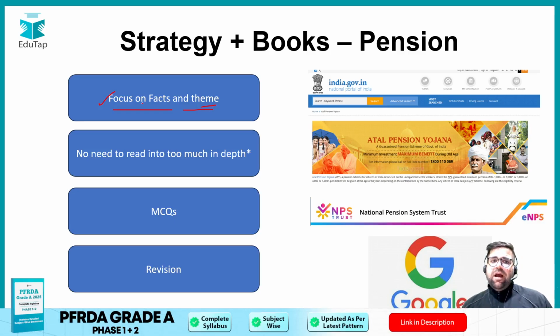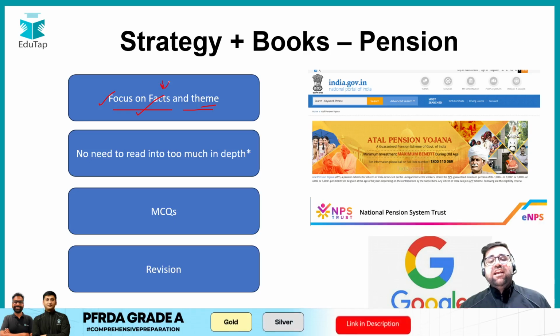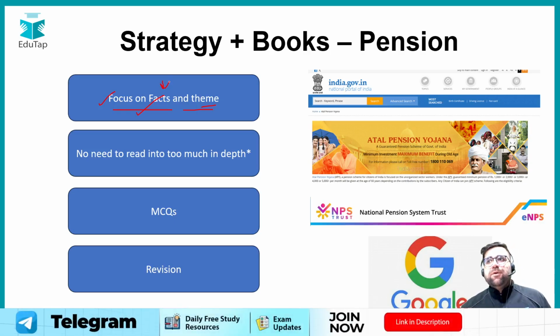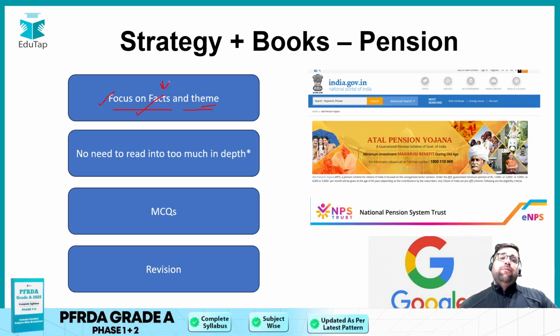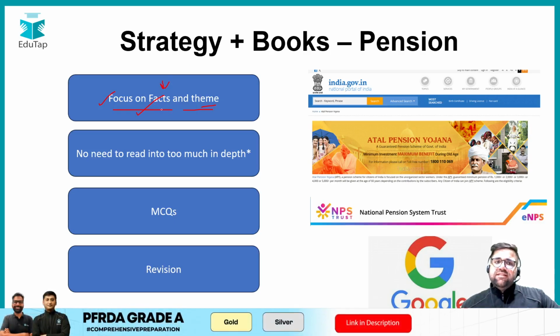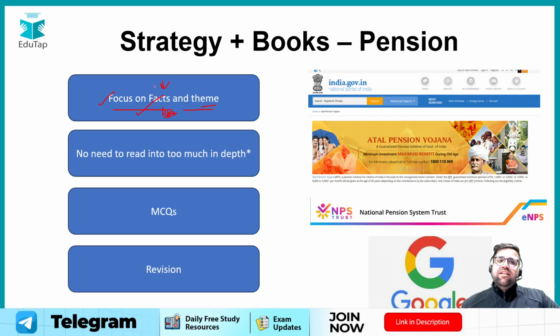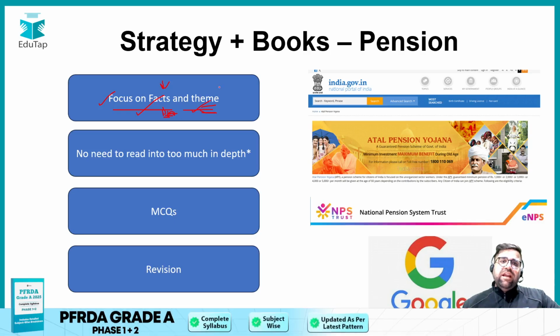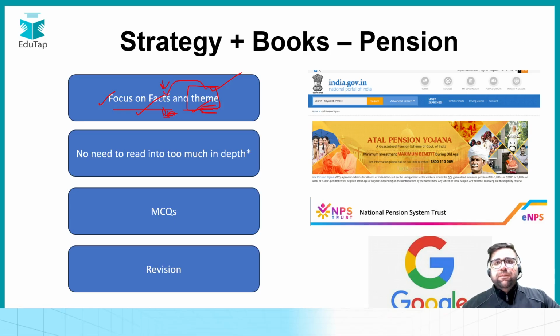And yes, you have to make sure that you cover some important facts, like they can ask you how many pension service providers are there under NPS, how many annuity service providers are there under NPS, how many different models you have under NPS, different types of accounts under NPS, different types of pensions under APY, right? These are the different facts which you should remember. And yes, even if you analyze the previous year questions, you will definitely see that they ask a lot of questions on facts. And do remember the overarching theme. Again I am repeating, theme is most important. Once you remember the theme, facts will automatically fall into the picture.